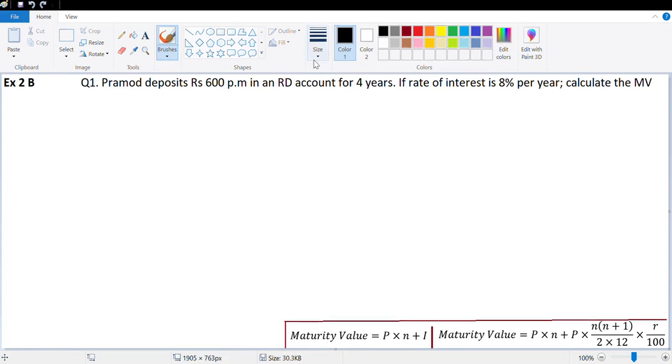Hi guys, let's look at the next exercise, which is exercise 2b. There is no new concept for me to teach you before starting this exercise. So let's go ahead with the exercise directly and let's revise the concept that we did in the first exercise, where